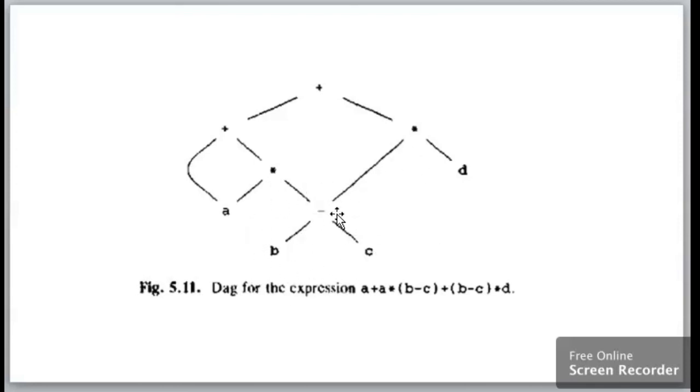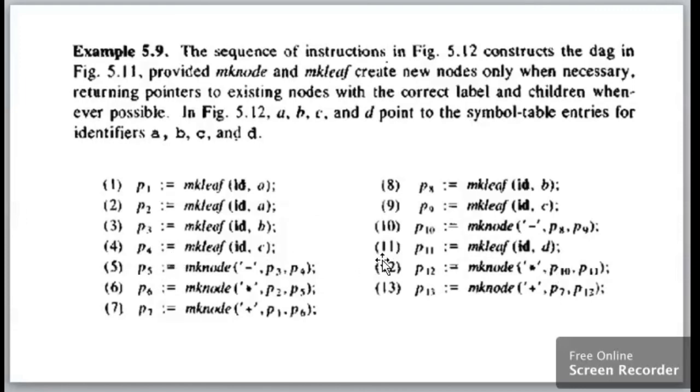This combining into one single B minus C, that is the same repeated nodes that we have constructed with the previous one. That is over here P8 and P9, the same as P3 and P4. P10 is going to be the same as P5. So whenever P8, P9 and P10 are called, they are going to be replaced by P3, P4 and P5. In this way we make use of the DAG, that is a directed acyclic graph. That's the representation of a syntax tree.